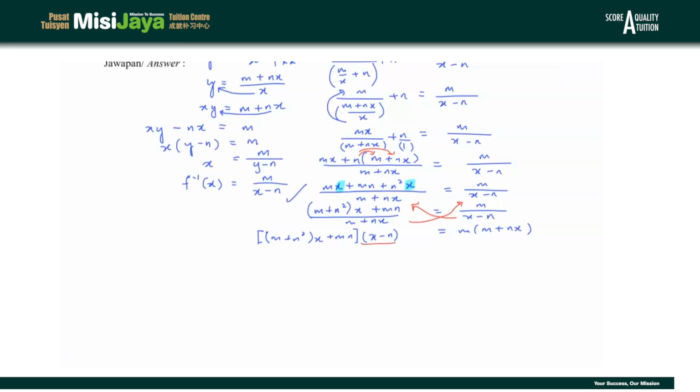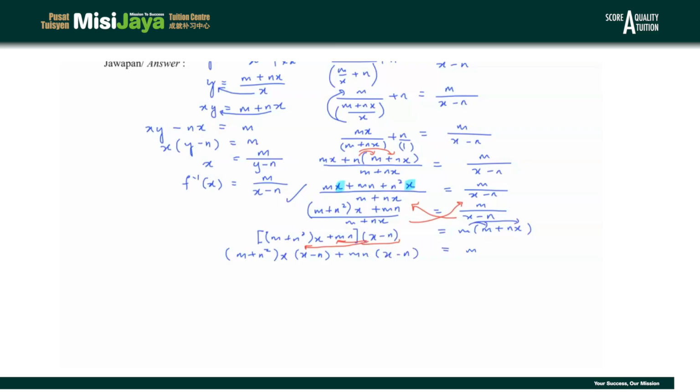This x minus n, I multiply inside here and also here. So we will get m plus n squared, the whole thing, then x, and then x minus n, and then plus mn times x minus n, and then equals